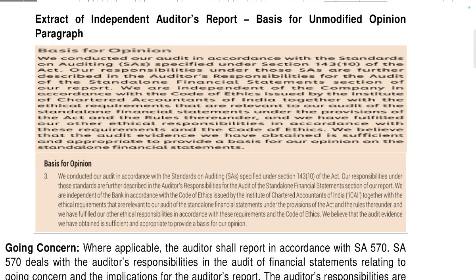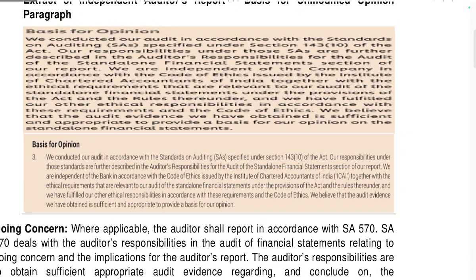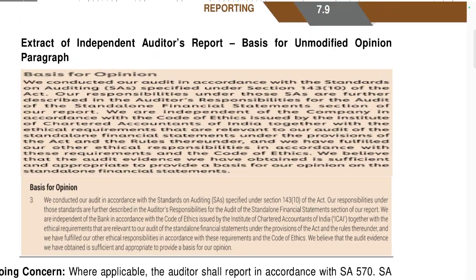Extract of independent auditor's report, basis of unmodified opinion. We conducted our audit in accordance with the Standards on Auditing specified under Section 143(10) of the Act. Our responsibilities under the Act are further described in the auditor's responsibilities for the audit of the standalone financial statements section of our report. We are independent of the company in accordance with the Code of Ethics issued by